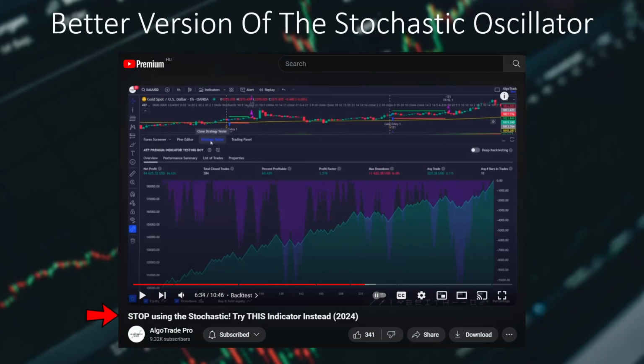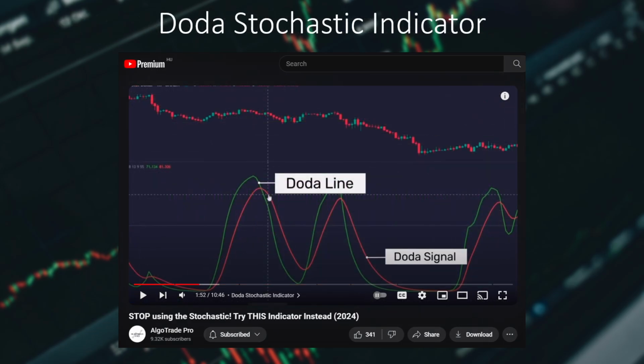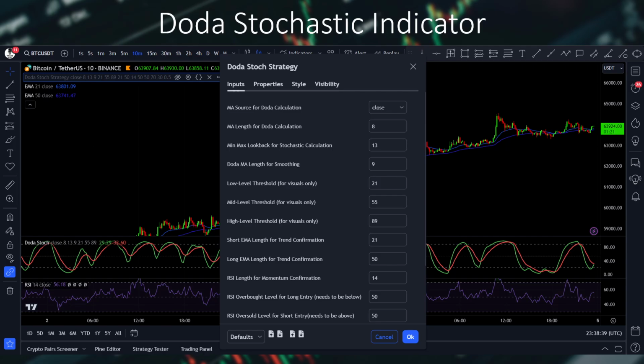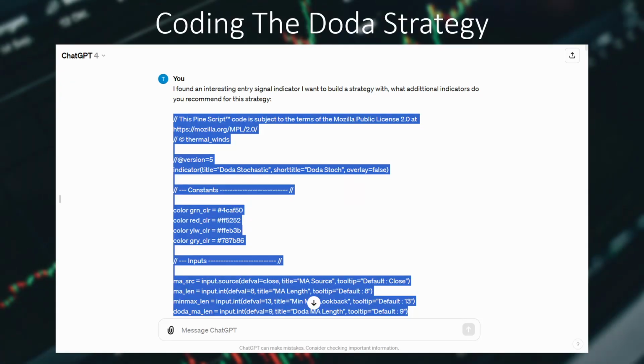Last week, I found a video on YouTube that showcased an interesting indicator that is said to be a better version of the Stochastic Oscillator. This indicator is called the Doda Stochastic. I decided to build a strategy around it, so I went over to ChatGPT and gave him the Pinescript code